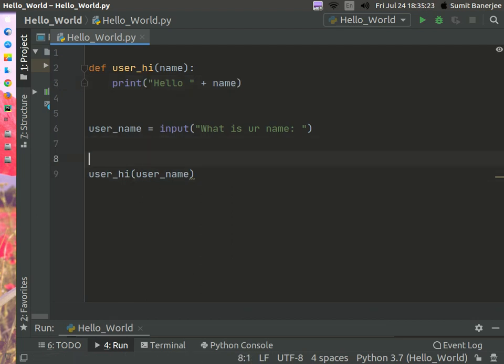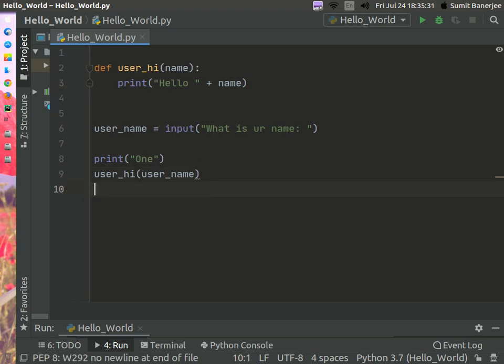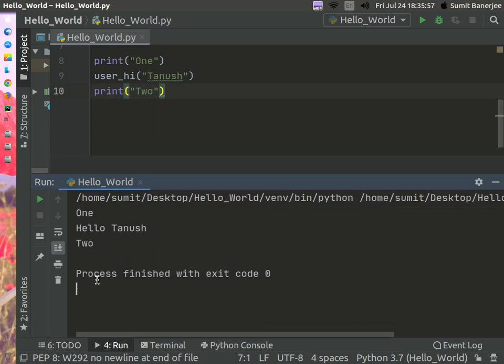Now suppose I can just show you how the process works. I can just print here 1 and print 2. So when you run this, instead of giving username, I can just give Tanush and then comment this out. Now when you run this, you can see that it is saying 1, hello Tanush, and then 2.